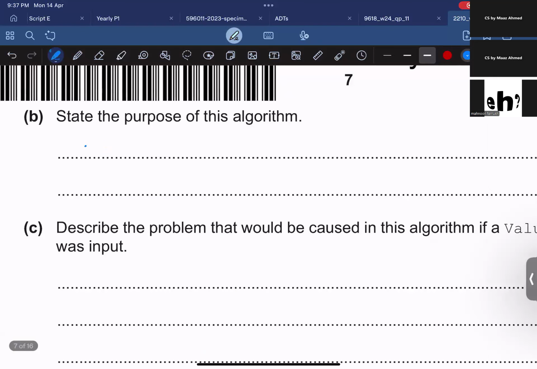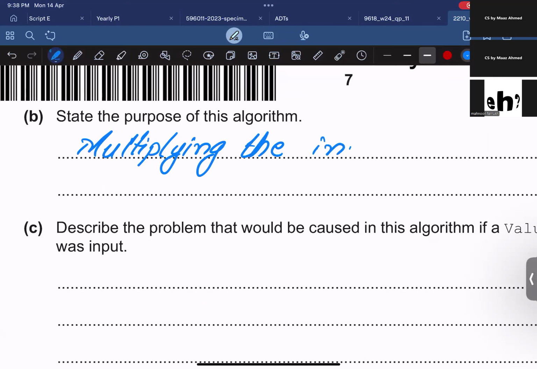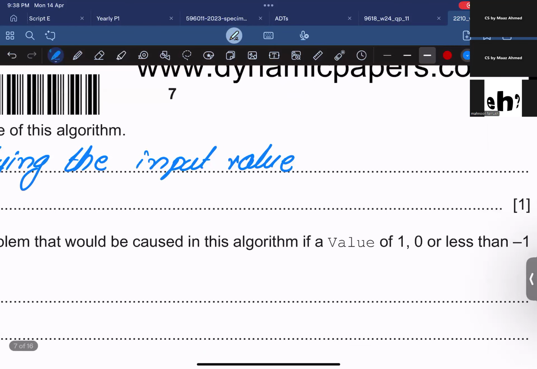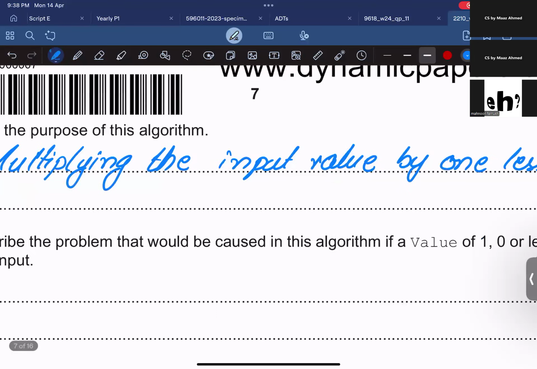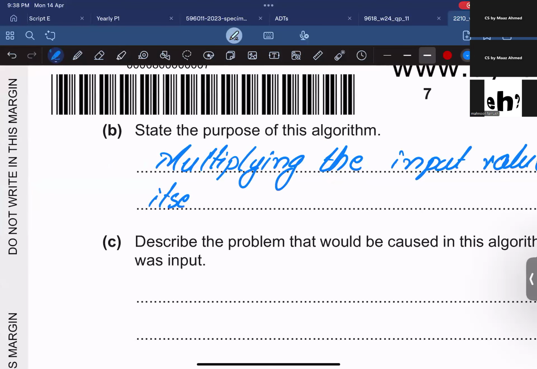Multiplying the input number or the input value by 1 less than itself, until when? Until value is